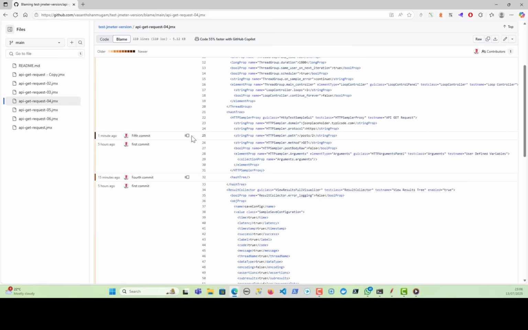And here, if you hover your mouse over, you can even see who committed it and when they committed it. So all these changes can be easily understood. So you can very well see. Okay, again, this is in the